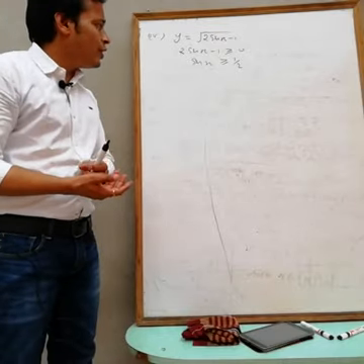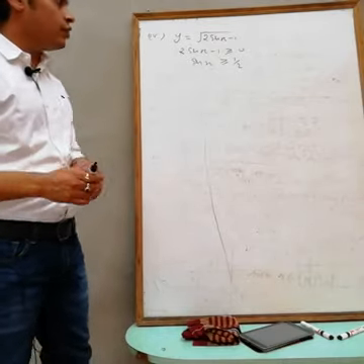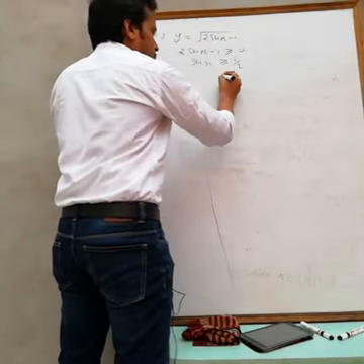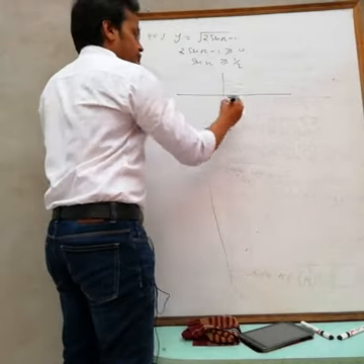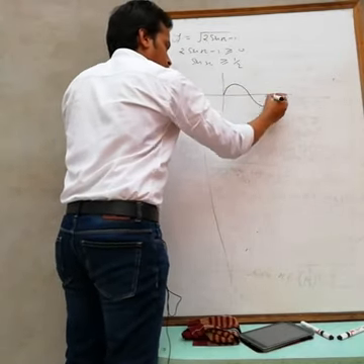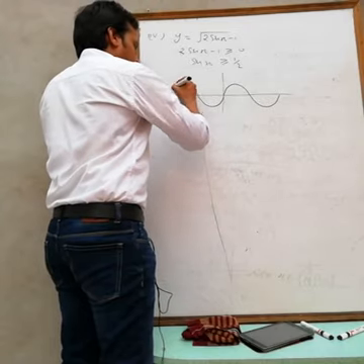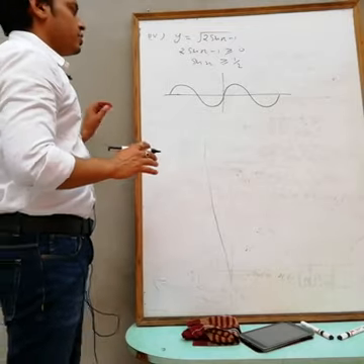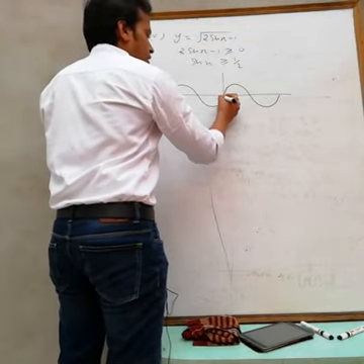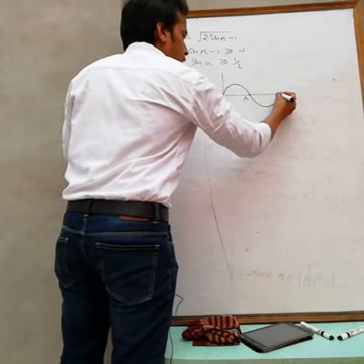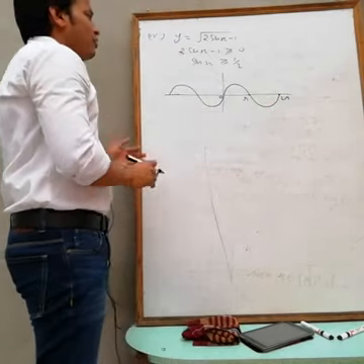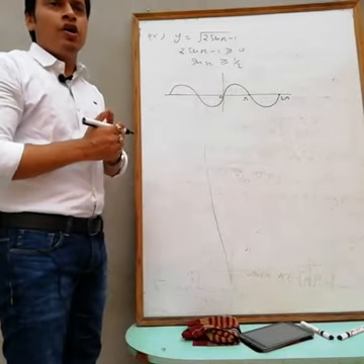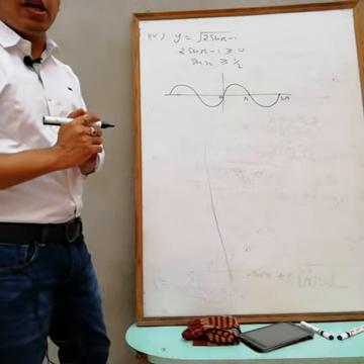Actually this is a trigonometric inequality, that is also in 11th. So how to solve this? Just simple. First draw the graph of sine x, and consider only one interval, because to get the complete solution we want only one interval. This is the graph of sine x, this is 0, pi and 2 pi. Now what we want is the values of x such that sine x is greater than or equal to 1 by 2. Now draw a line at y equals 1 by 2.